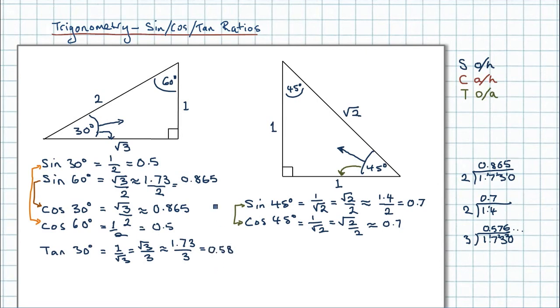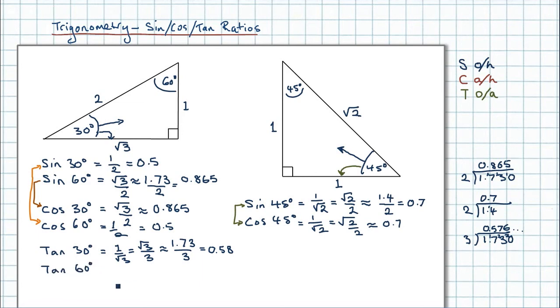Whatever that is, though, remember it's dangerous to use these decimals because it's much better to use the surd form, because we know that tan 30 is exactly root 3 over 3. And again, for any triangle that will be true as long as it's a 30, 60, 90 triangle. So tan of 30 is always, it's a constant value, so it's always root 3 over 3. So what's the tan of